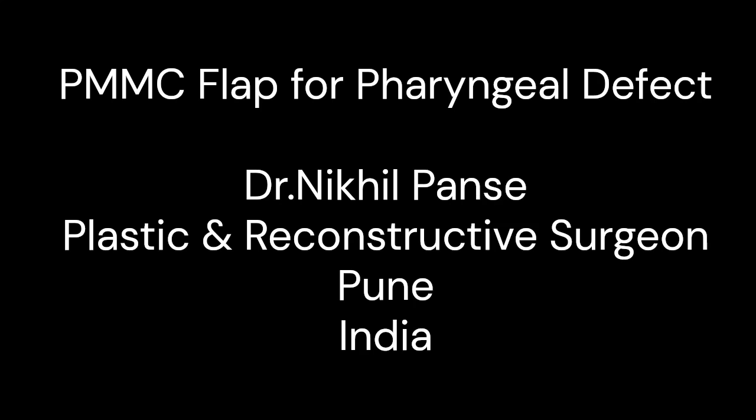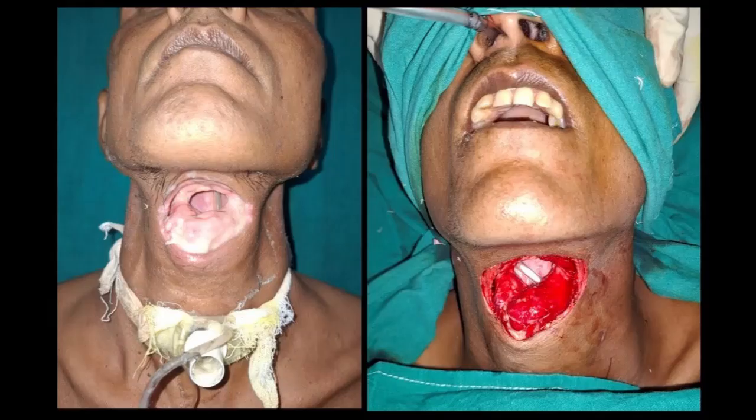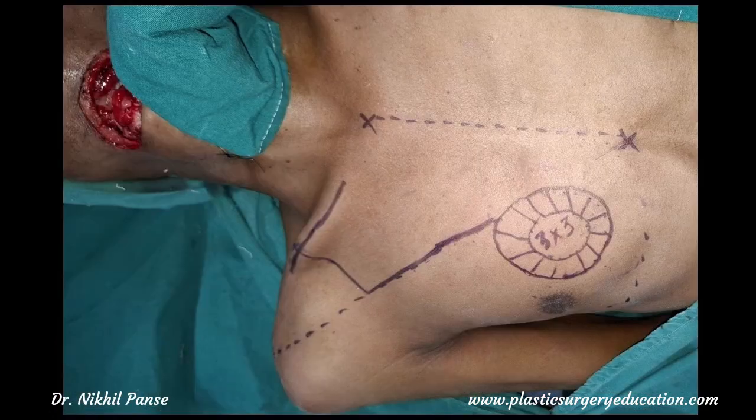So in this video, let us see the demonstration of a PMMC flap for a pharyngeal defect. This patient presented to us with a suicidal attempt over the neck. He presented to some other hospital where he was managed conservatively, and around 8 to 10 days after the insult, he presented back to us. So you can see the Ryle's tube going through the defect,